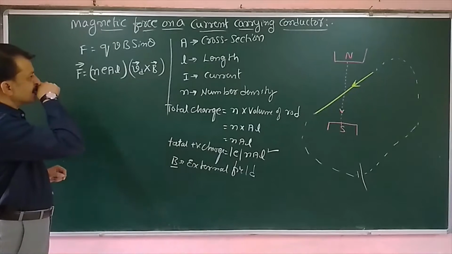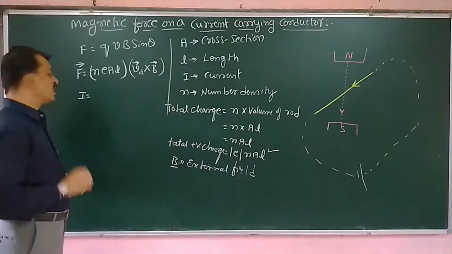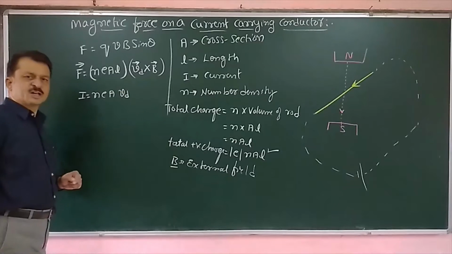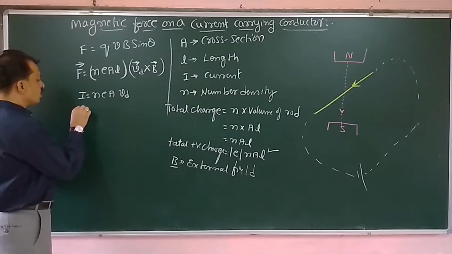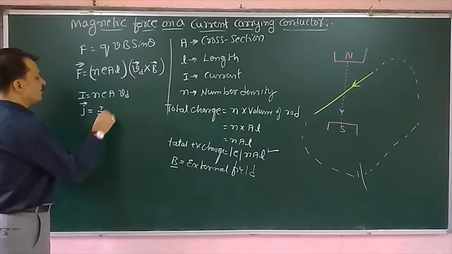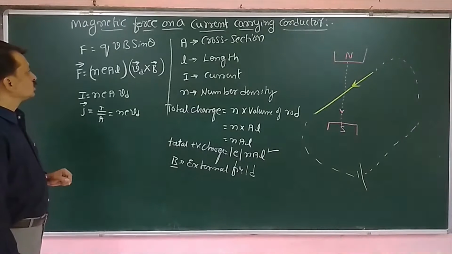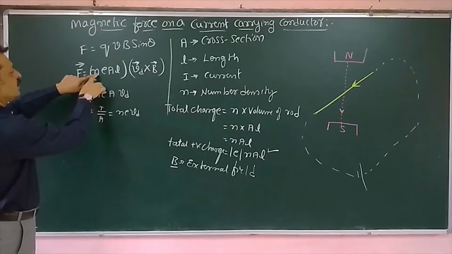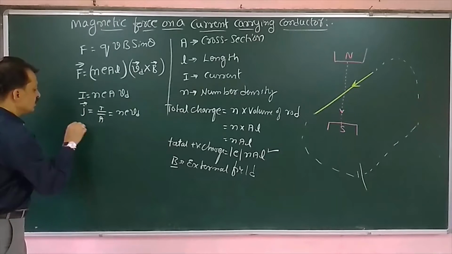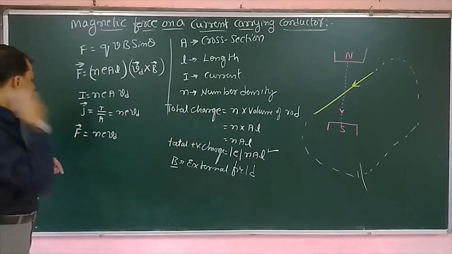Now in the previous chapter, we have studied the expression for current in terms of drift velocity, I is equal to N E A into Vd, that we have studied. And we have defined one more quantity, that is current density, which is a vector quantity, equal to I by A. Now that is equal to N E Vd, that we know. So therefore, if I rearrange the terms, N E Vd, I will write it here. Now force F, magnetic force F is equal to N E Vd, rearranging the terms,